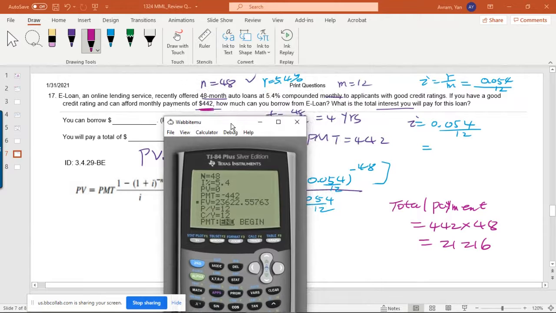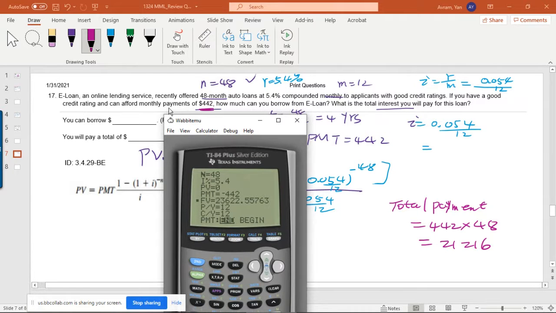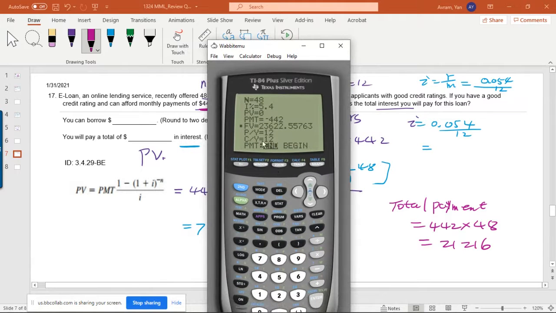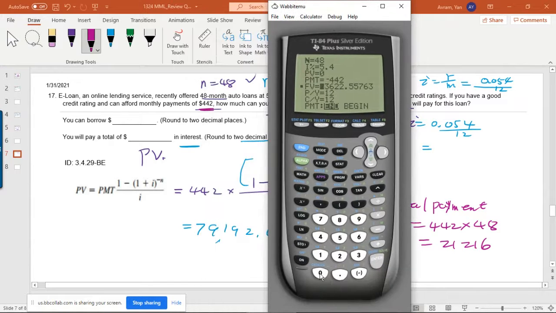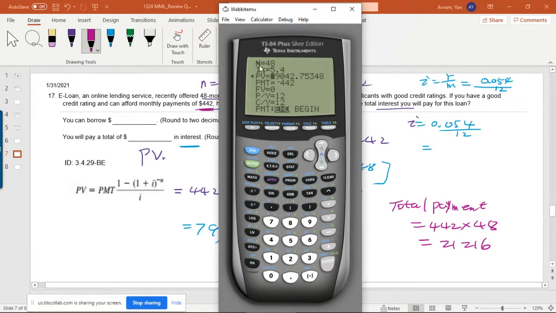Okay, there's a little bit something in here. This question is not quite clear. Okay, so basically, if you do the payment for future value, this should be the future value, right? And then if we let the future value be 0, and then find the present value, that will give you 19,000 something like that. So that means after 48 months you want to pay it off. If you want to pay this one off in 48 months, you will have this much money you can borrow,